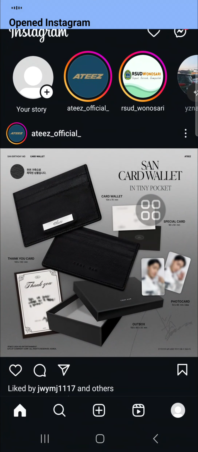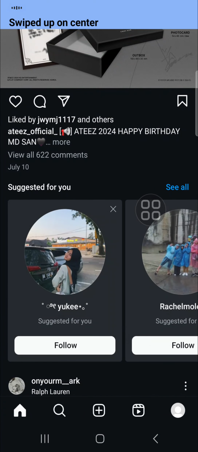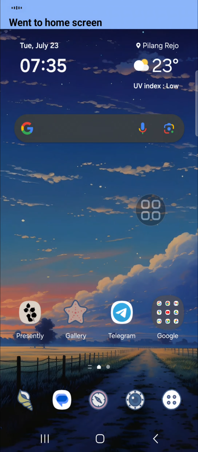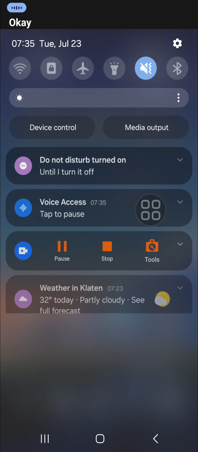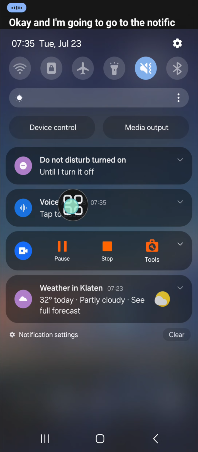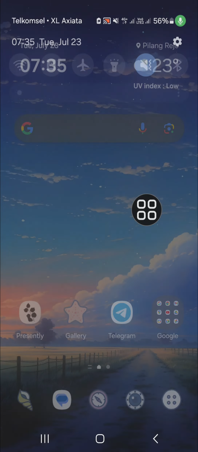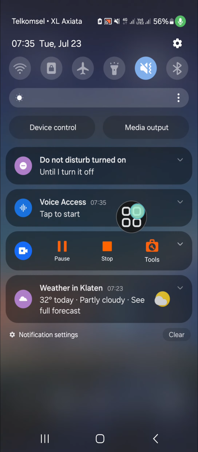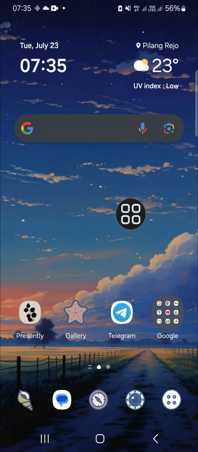Scroll down. Go home. Okay, and I'm going to go to the notification panel and tap to pause. Okay, and if you want to use the voice access again, you just need to go to your notification panel and tap to start. Alright guys, and that's how we can use voice access on an Android mobile phone, especially on